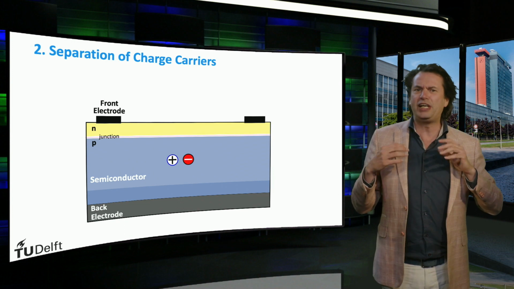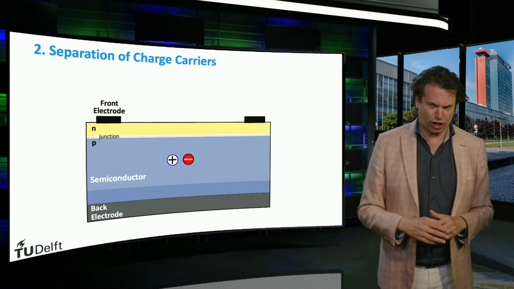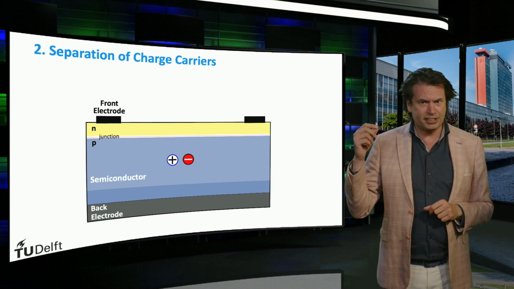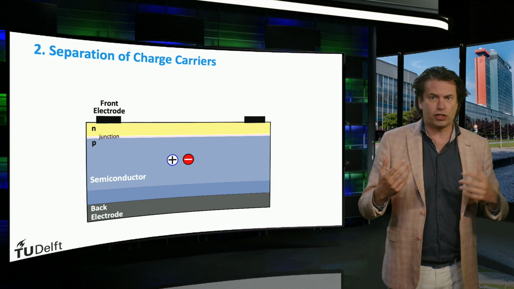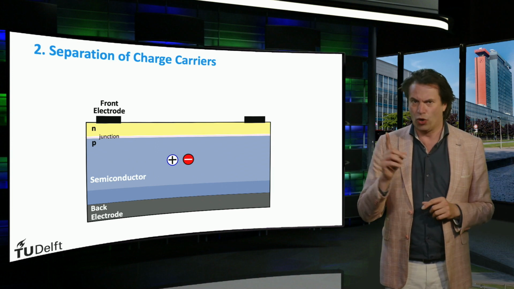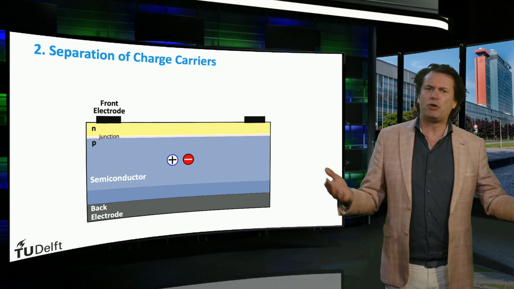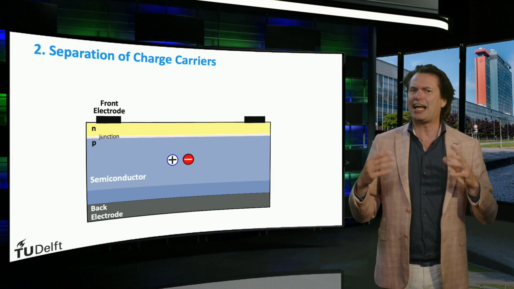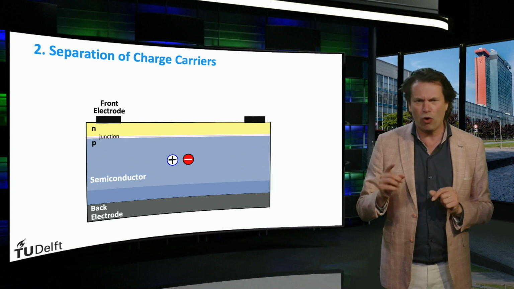Therefore, in order to really generate electricity, we have to separate these charge carriers. How do we do this? Once carriers are generated in a solar cell, they will move around due to various processes such as diffusion, random motion, and drift. In order to separate the photo-generated charge carriers, semi-permeable membranes must be present on both sides of the absorber. This ensures that the electrons can only flow out through one membrane and holes can only flow out